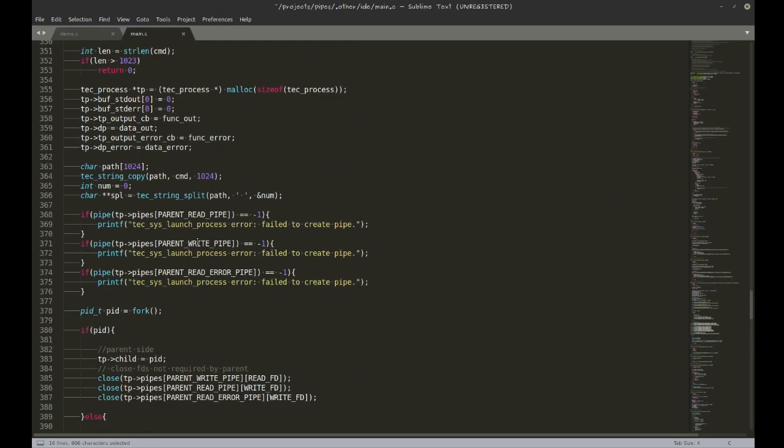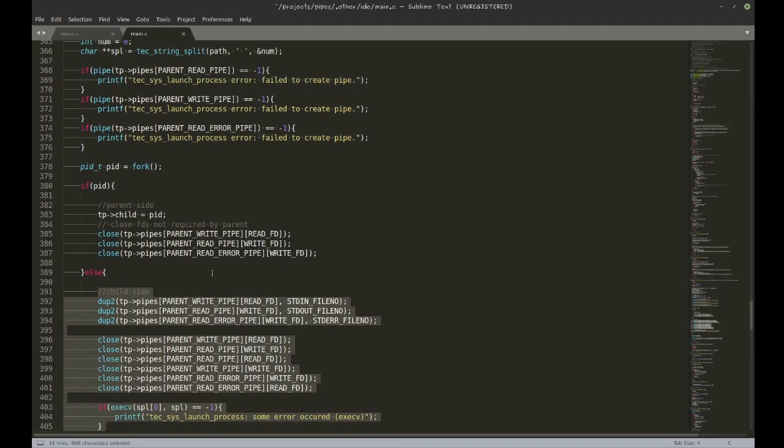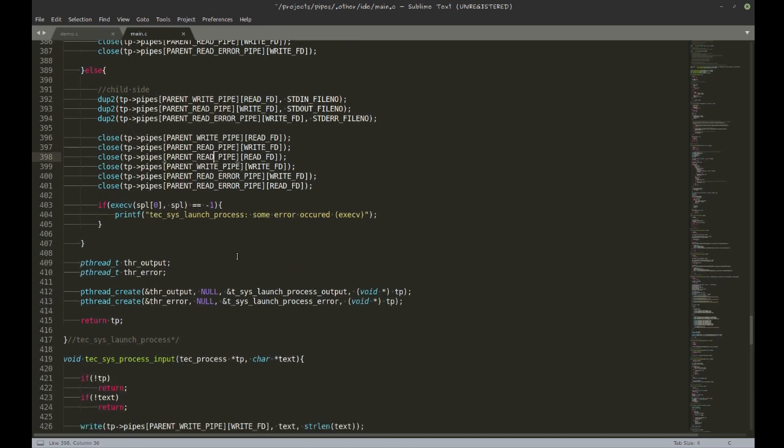Right, so now that we've created the fork, what we need to do is listen to the output that is being produced by GDB, and we do this in a separate thread. So we have two threads, one for the standard output and the other for standard error. So here are two different threads. And what I did